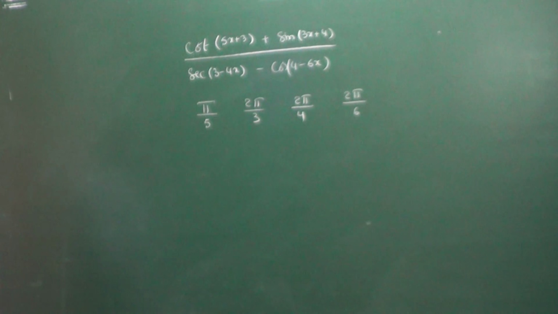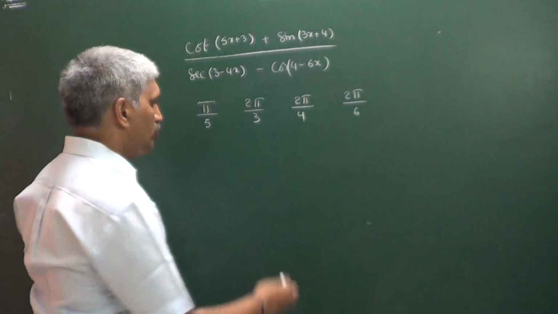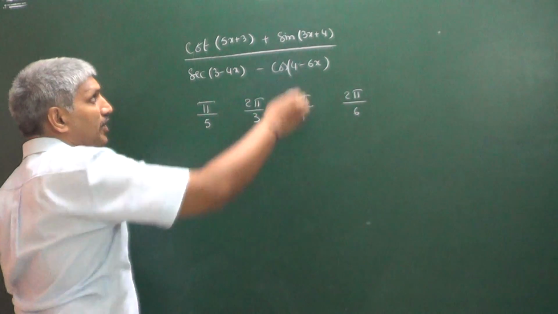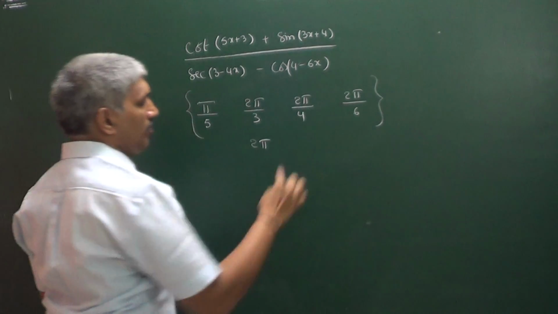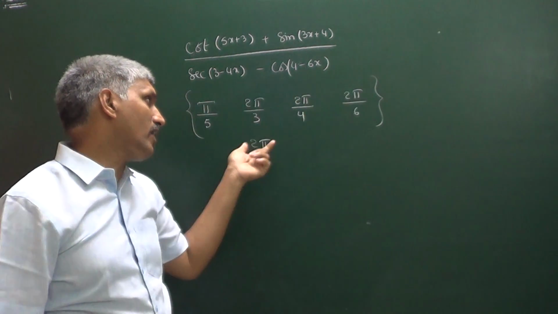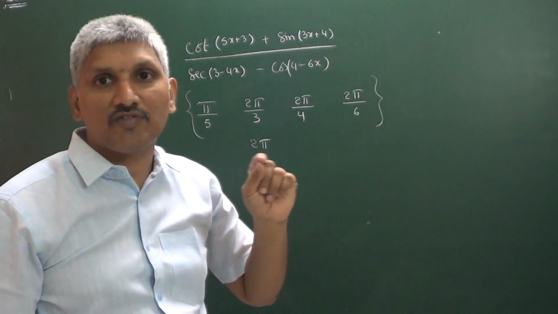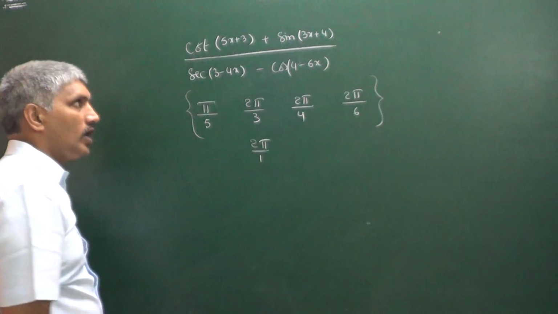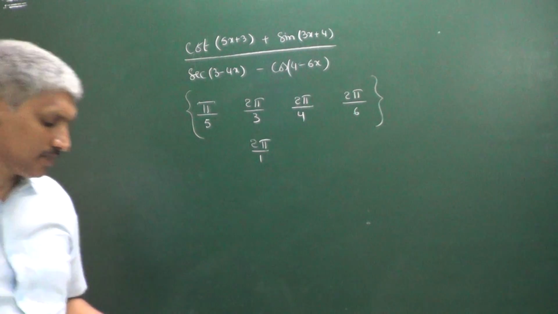How to find out the period of the function? Come on, tell me, what about the LCM of the numerator? Numerator LCM is equal to 2 pi. Period of this total function is equal to LCM of all these. Now how to find out the LCM of all these? Find the LCM of the numerators, you will get 2 pi. Now find out the greatest common divisor for the denominator. The greatest common divisor for the denominator is 1. That's why this function is a periodic function with period 2 pi.